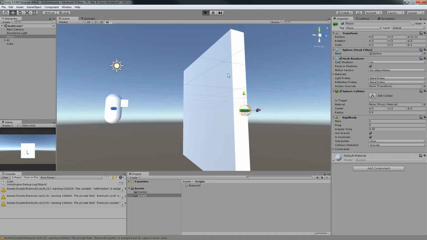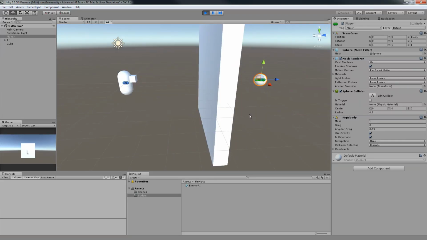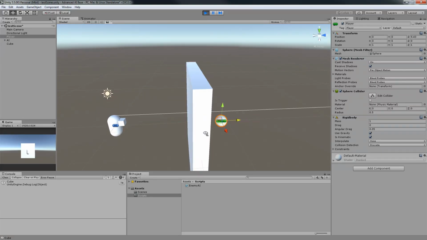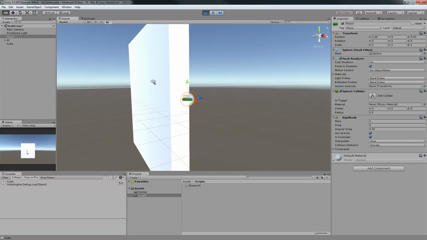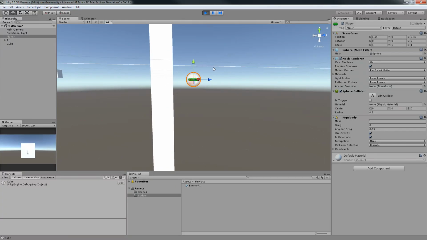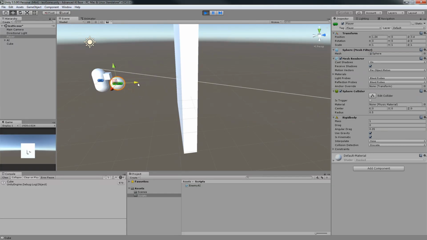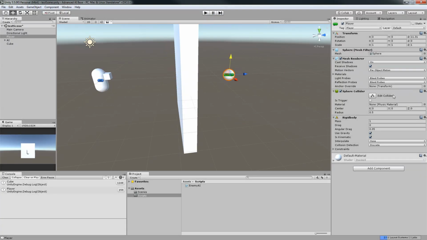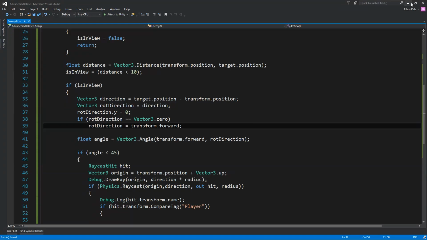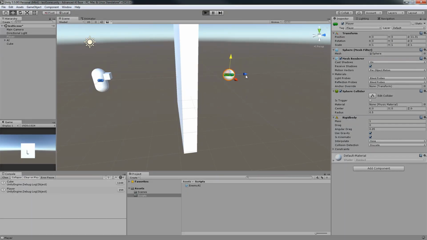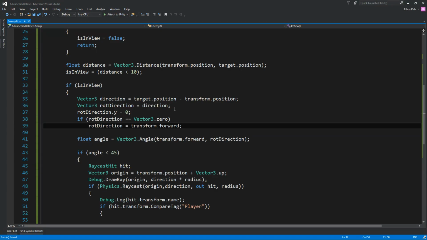So let's hit play. Okay, that was the problem. You can see that the debug draw ray goes way above its head. Even if it rotates, for it to hit it, it had to be over here. So let's go back and add the rotation direction for him to rotate, and you will see that the debug draw ray will now be in its